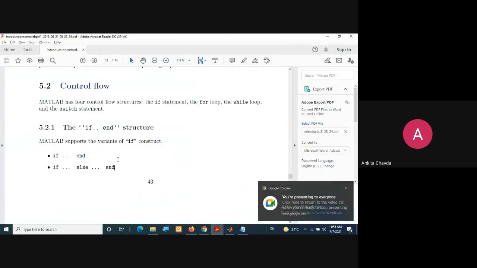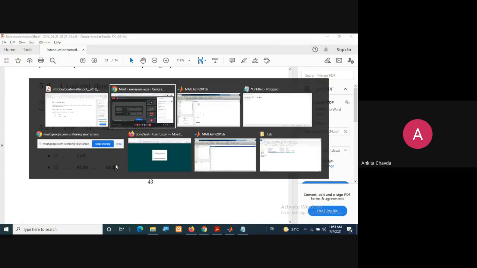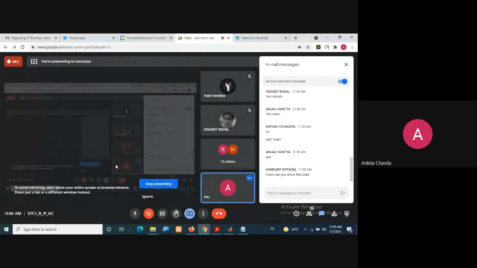It is like this. I'm just showing you the syntax: if and end, at the last you are writing end for ending this block. Have you seen such kind of syntax in any of the languages? That's what I'm asking. In Unix, Linux, somewhere, shell script or somewhere you have learned this?